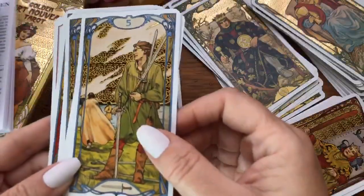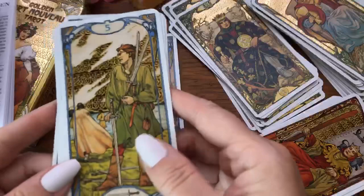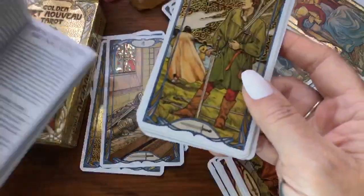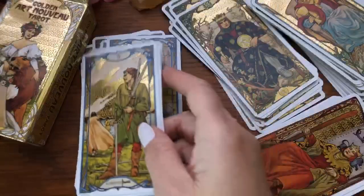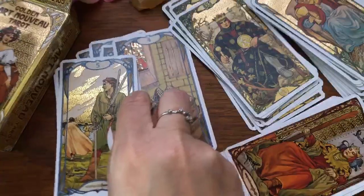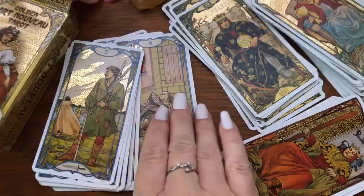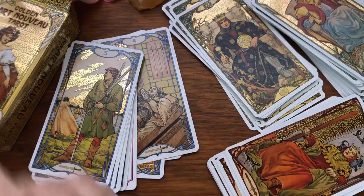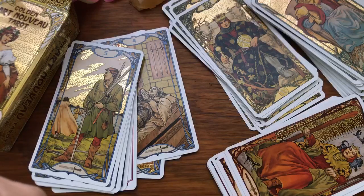Five of Swords. The interpretation, I looked up the Five of Swords for some reason. Five and Seven of Swords always give me a little bit of trouble, because Five is the cheater and Seven is the stealer, and I wonder, do I always read it that way? Isn't there another way to read these? And so the Five of Swords in here,